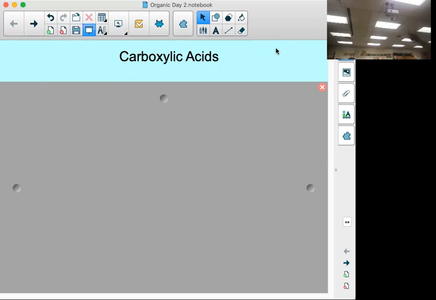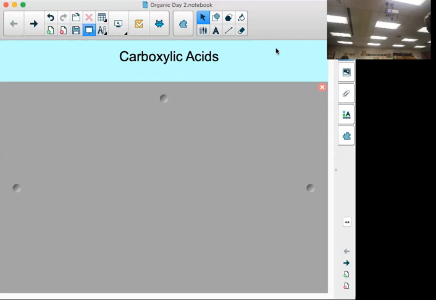All right, if it's a double bond, what do we call it? Jordan? Double bond is an alkene, very good. If it has a hydroxide, Hannah? Alcohol. If it has a double bonded oxygen on an end,